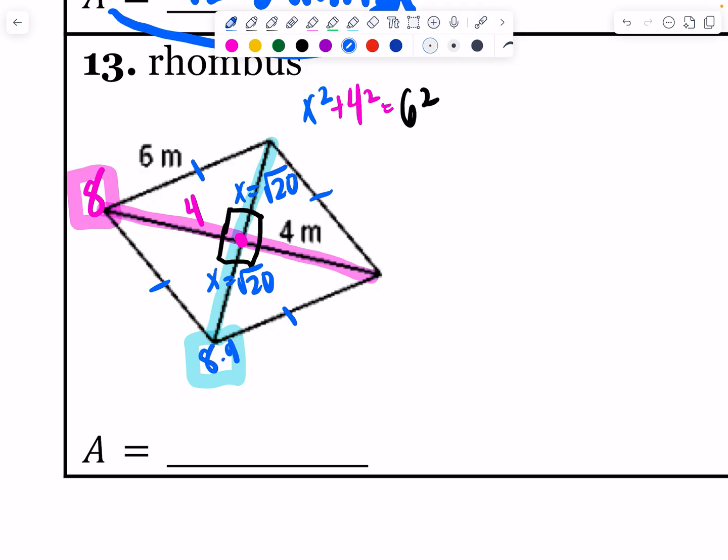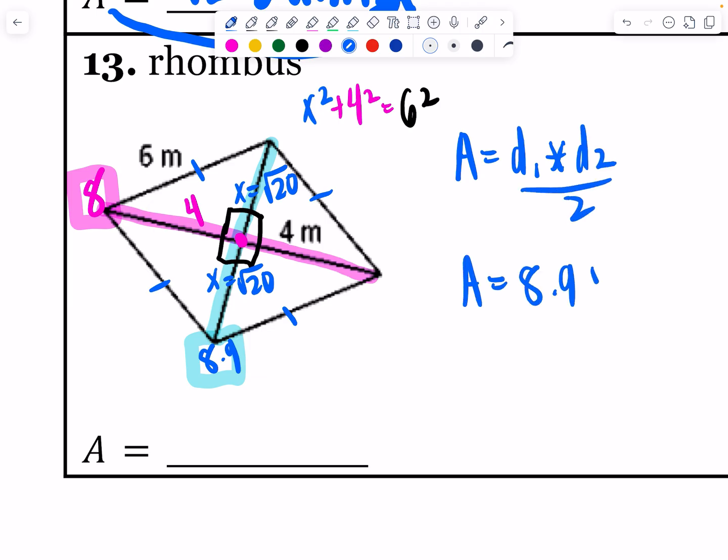But I'm just going to leave that number in my calculator. That's going to be area equals D1 times D2 divided by 2. So area is going to be equal to 8.9-ish times 8 divided by 2. Now I'm going to leave that number in my calculator so that I round at the very end. 8.94 times 8 divided by 2. When I round at the very, very end, it's going to be about